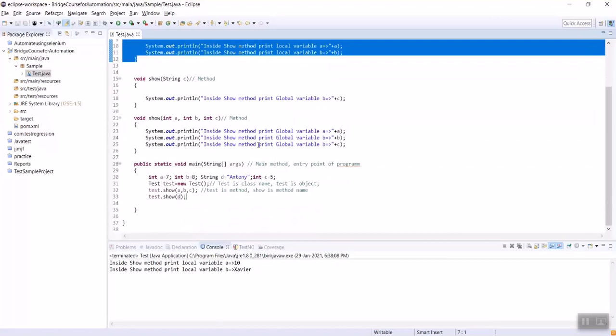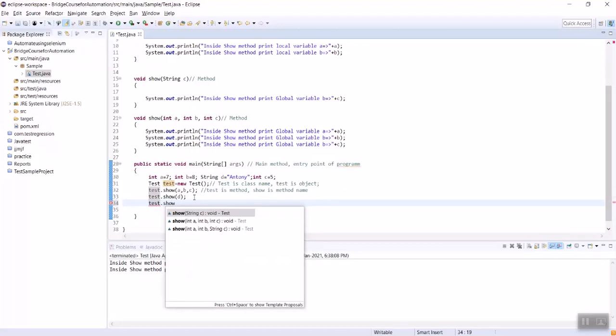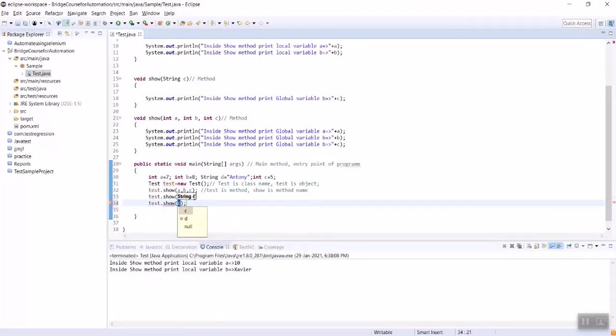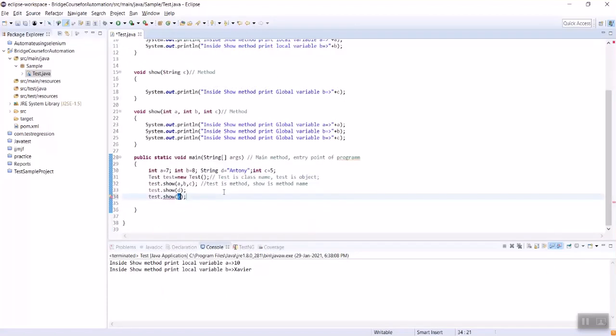Now we need to call another method, that is void show, line number 8, I guess. For that we write the statement object dot method with parameters: integer a, b, string d. So two integer values and one string value you need to pass. So here a, b, sorry, integers, then d is a string value.